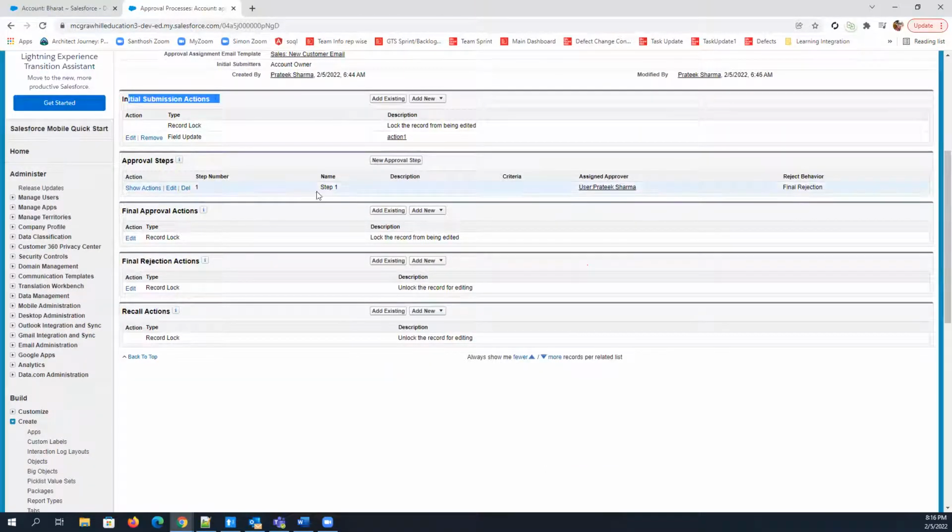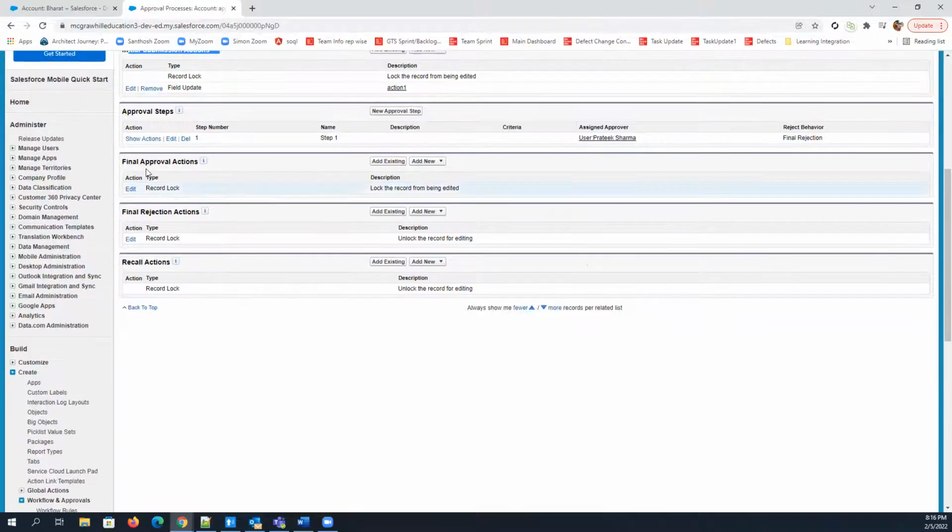Then we have approval steps. We have only one approval step, so it is showing just the steps, whatever we have, right? And then the final approval action. This particular action will only fire if your record is approved, right? So if our record is approved, then we just need to update that particular picklist value as approved. So again, field update.